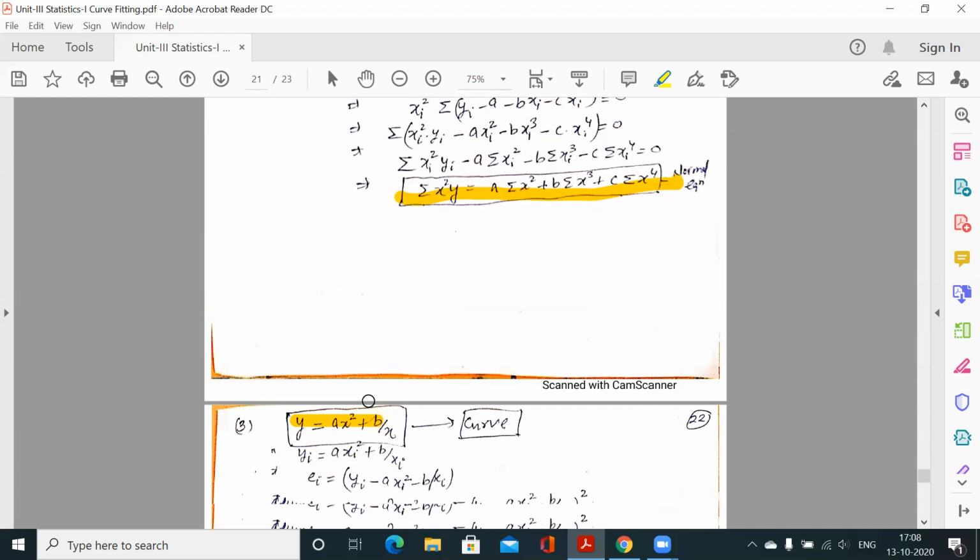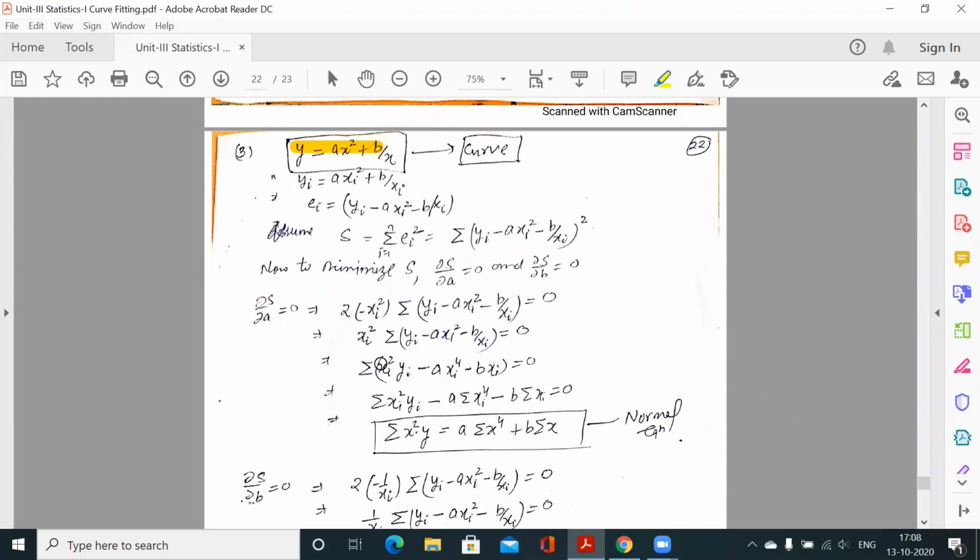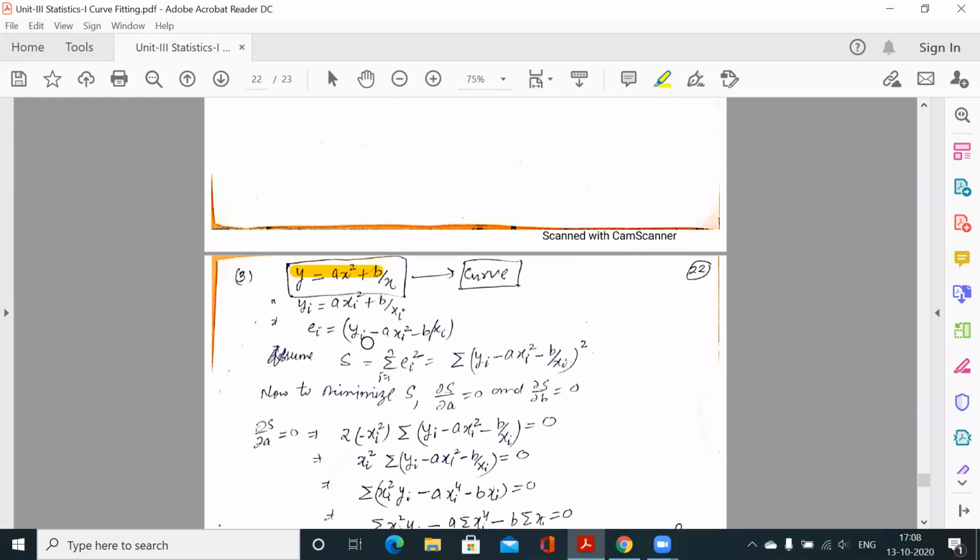So the same process is there. Now this was our question, this was our type. First we need to calculate yi is equal to a xi square plus b xi, means simply add suffix everywhere. Yi is equal to a xi square plus b xi. What is the error? Yi minus this. Error is the difference between exact and approximate value. So this is the exact value and this is the approximate value.